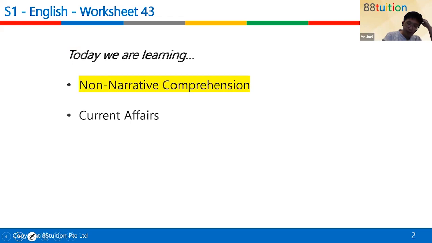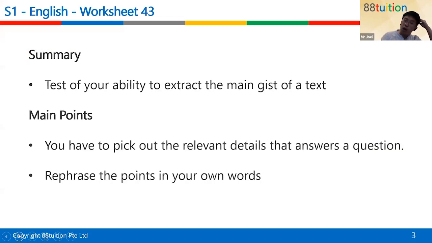Okay? So first part, for your section C, I'm not sure whether your teachers tested you on summary writing at your end of year exams for Sec 1, but in Sec 2, they will definitely test you on summary writing. That's a confirmed thing. And summary writing will always be in your section C only. It will not appear in your section A. It's always section C, and it's always the last part of your section C.